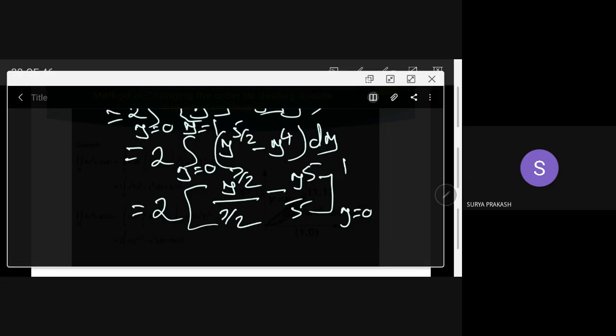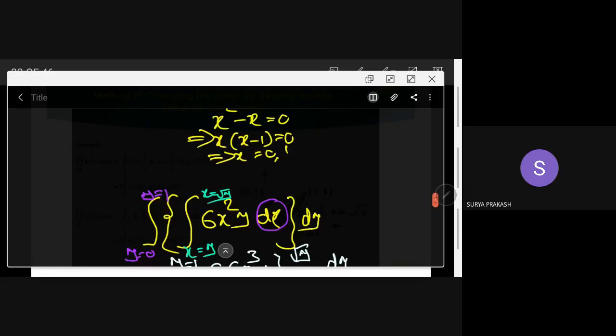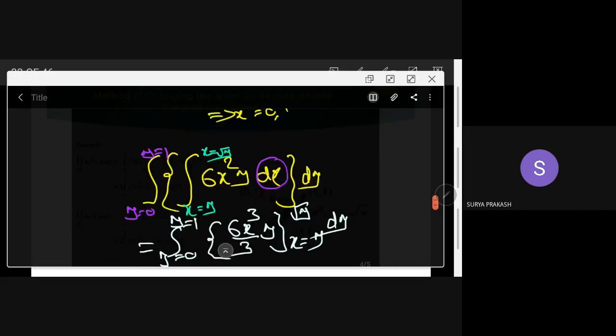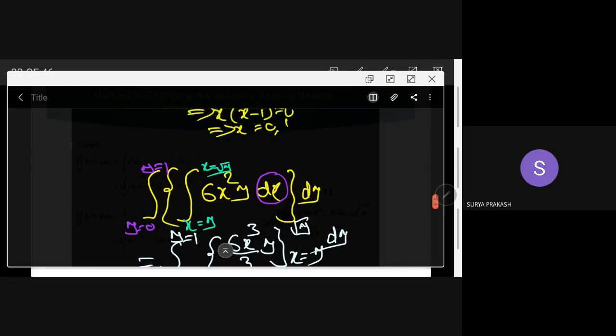But the question here is how they ask questions in GATE. I am selecting some problems from one material and giving them, but they may not be that simple. So he may give one order, and ask what the limits are if you change the order. That is a good question in GATE. If you do with respect to y followed by x, what are the limits? They may ask like that.